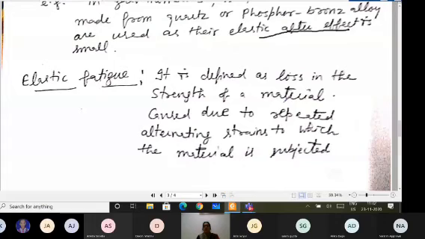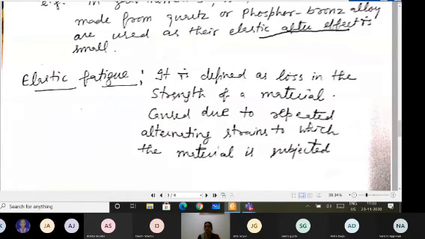There is loss in the strength of the material. So when there is loss in the strength of the material, then it will of course break after some time, even if you have not applied the breaking stress, but you are simply applying the small stress, but you are repeatedly applying the small value of the stress. It means you are giving it strain number of times, and as a result the elastic fatigue is coming, and due to that it may break.